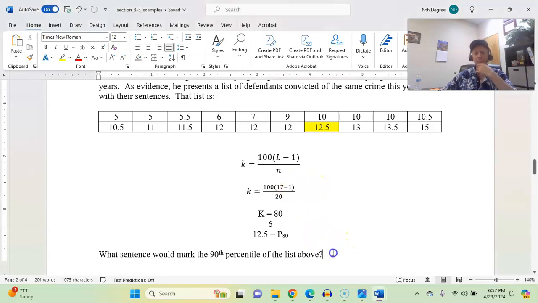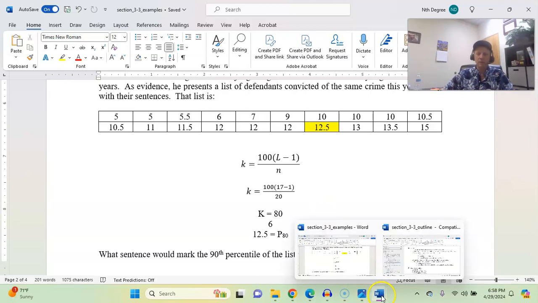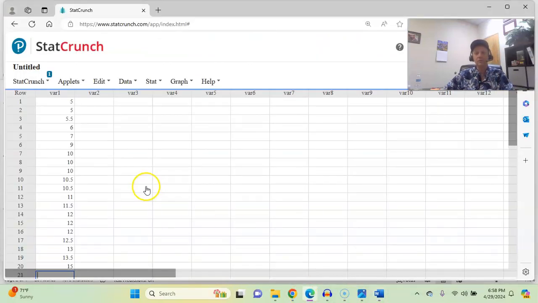Now, this formula basically involves taking 90% of 20. So it would be very reasonable to suppose that since there are 20 numbers in the list, we could just say, well, 90% of 20 would be 18, so we must be looking for the 18th number in the list, which would be 13. As it turns out, there are some rounding rules and conventions that are really pretty complicated. And for that reason, I recommend that we use StatCrunch to do this, because StatCrunch does the right kind of